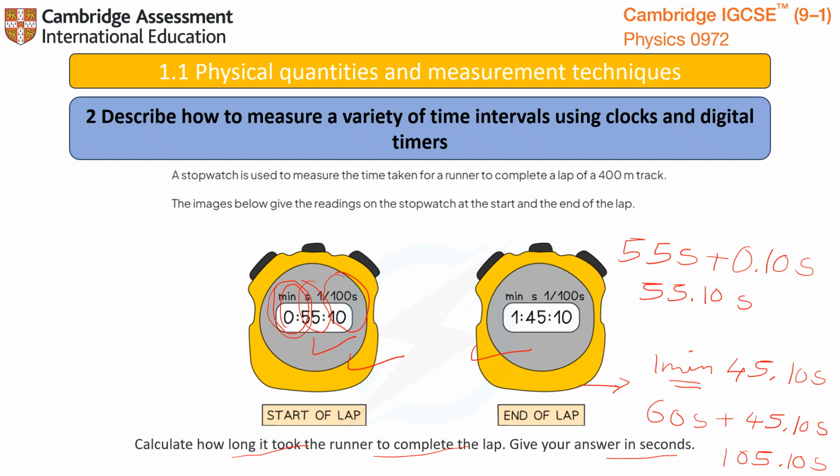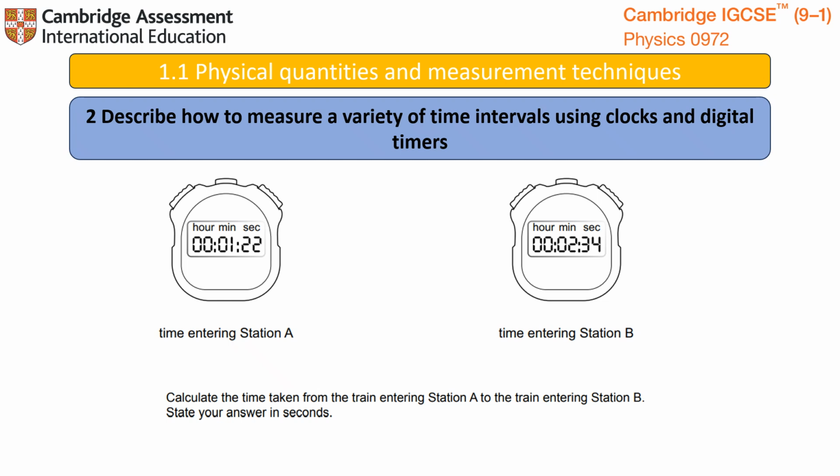To get the difference between the end of the lap and the start of the lap, we just have to subtract 105.10 seconds minus 55.10 seconds. That gives us 50 seconds. So the answer is 50 seconds. Again, I'm telling you to be very careful about what are the units given. The first digit was minutes, the second digit was seconds, and the third digit was 1/100th of a second in this problem. So moving on to the next problem,